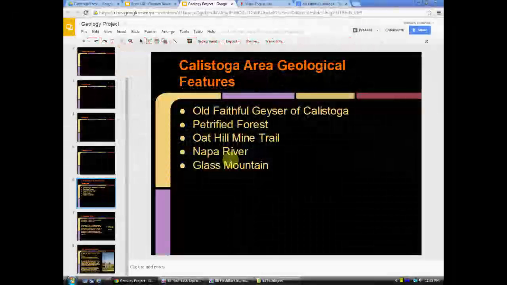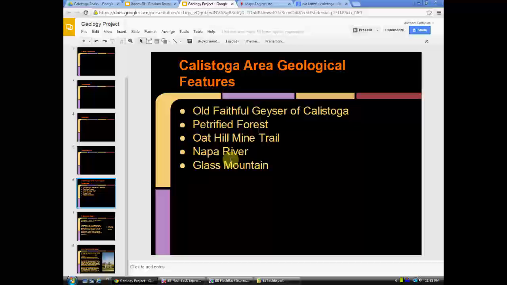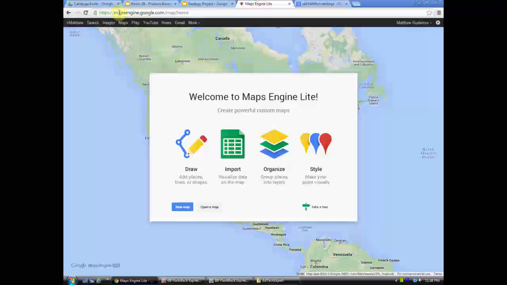The first thing you're going to want to do is make sure you're logged into your Google account and that you're on your geology project presentation that you've created to plan and prepare and research for this map, because you're going to need this information and you can just copy and paste it directly from what you found. This also allows you to go to mapsengine.google.com. You'll need to type that address in your address bar and press enter,